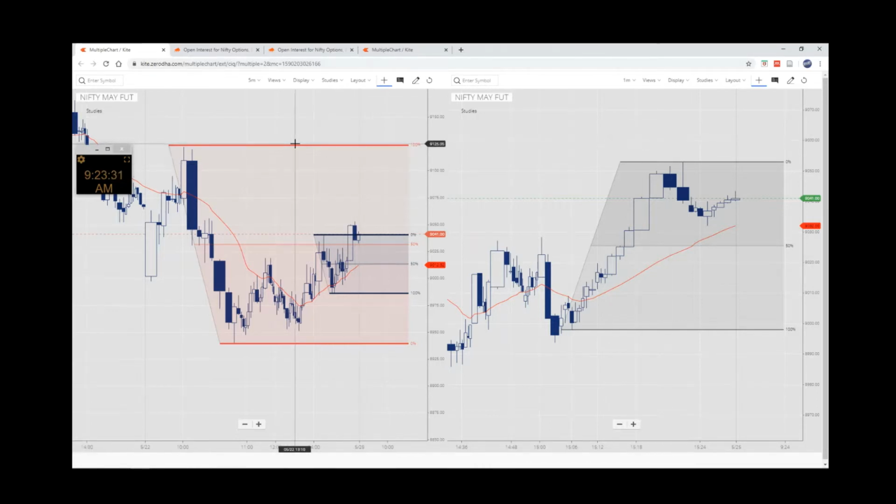Among these two windows, one is a 5-minute time frame, which is my trading time frame, and the next one is the lower time frame, the 1-minute time frame. And if you recollect our basic concepts, you would have understood that we constantly keep monitoring the push-ups, the legs, and the pullbacks. So in the 5-minute time frame alone, I have two different measurements for the push-ups as well as for the pullbacks.